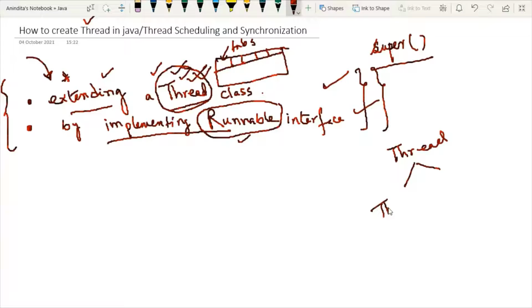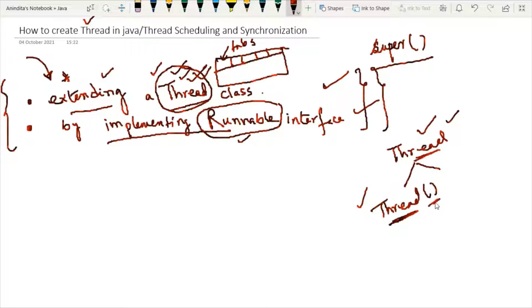One is known as the Thread constructor. Try to remember this point. Whenever we define any constructor, the name of the constructor will be the same as the class name to which it belongs. So the class name is Thread, therefore the constructor name is also Thread, right?